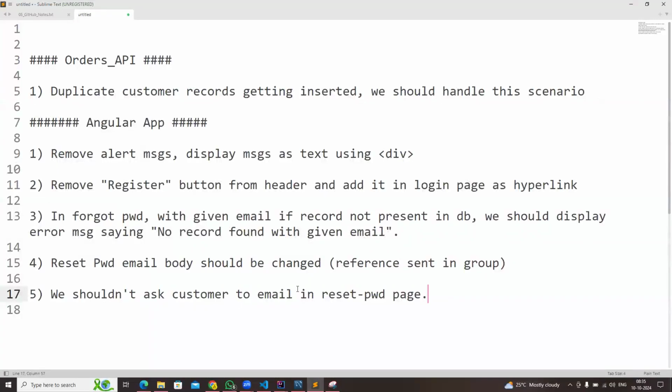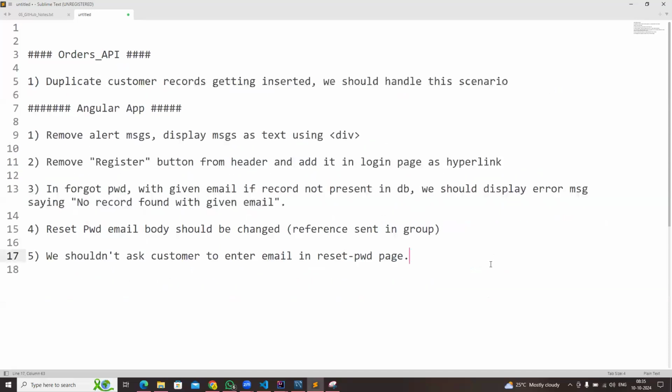We should not ask a customer to enter email in the reset password page. We should ask only new password and confirm password. If both are valid, then we should display. Then another thing that I have observed, after login successful,